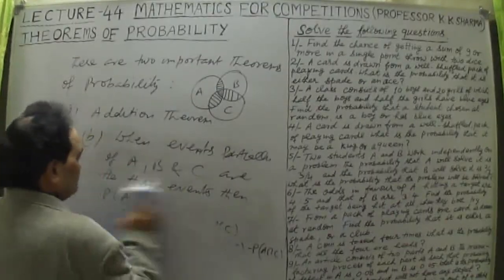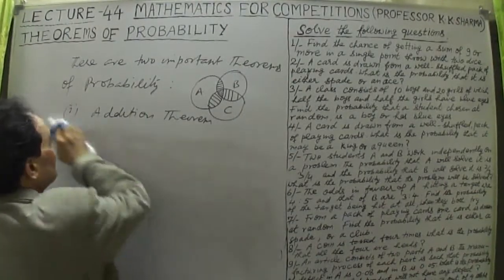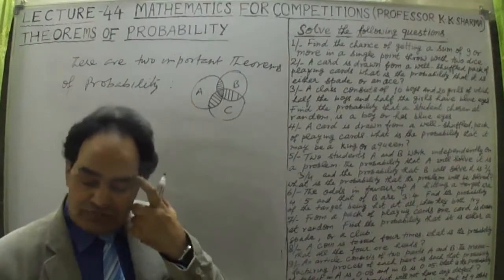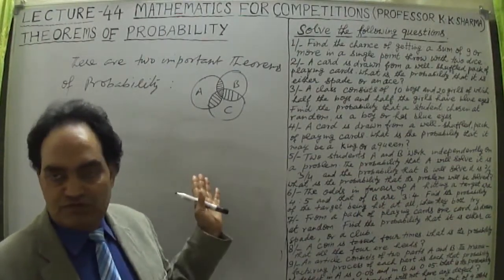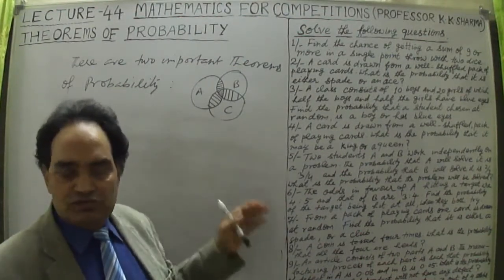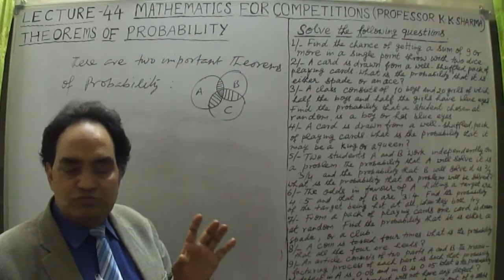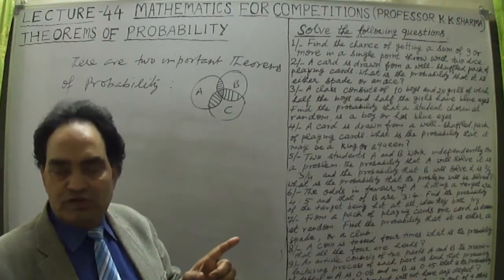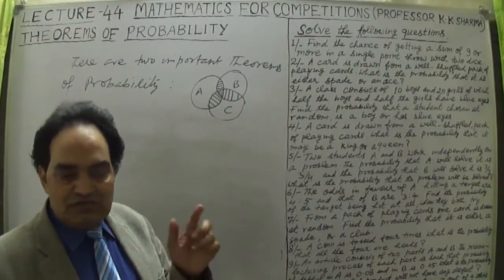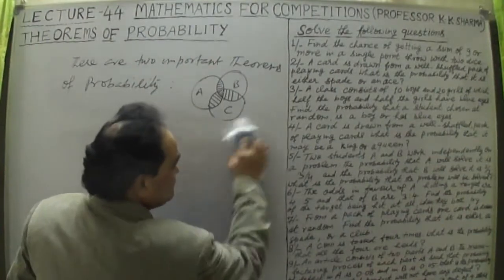These two or three kinds of formulae are used for mutually exclusive and mutually not exclusive, or mutually inclusive, events. The two kinds of events are there, and for that we have taken the addition theorem. The addition theorem is so called because we are adding them up: the union of those events, the simultaneous occurrence of at least one event, either A or B or both. This is the formula for that, known as the addition theorem. Now let us take